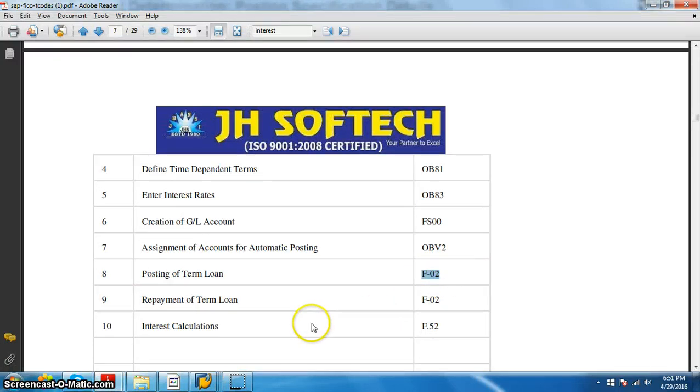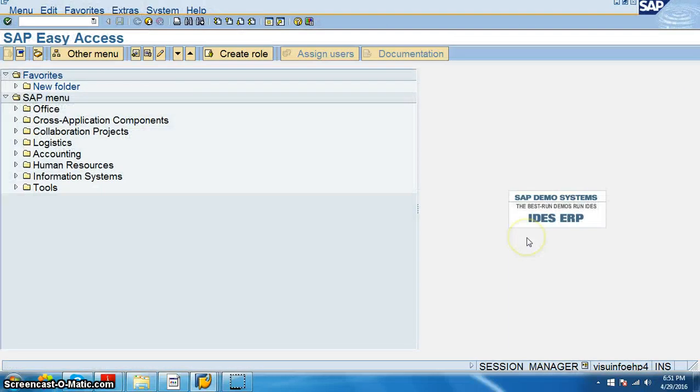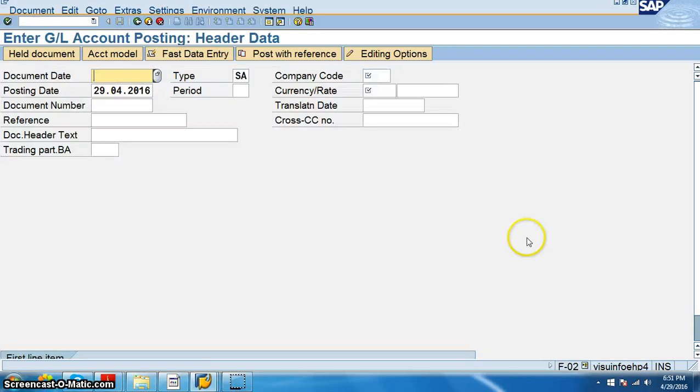OBV2. Yeah. So now we have a loan account and we have a cash account. So we can create an account in which we have F-02, wherein we can create an account.